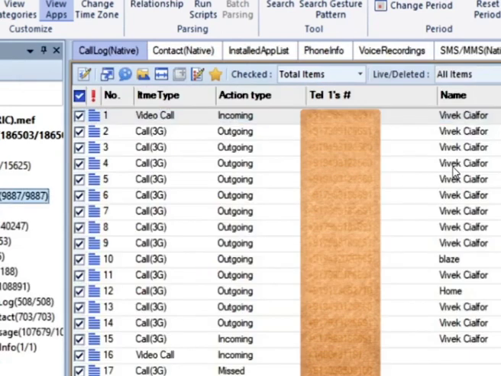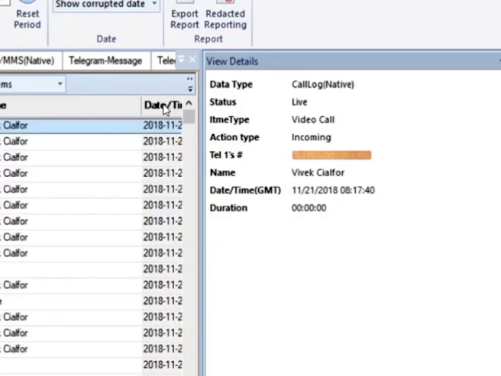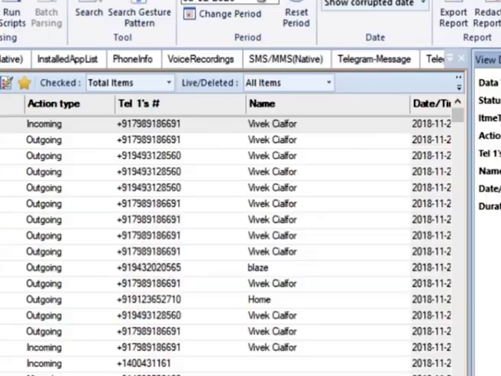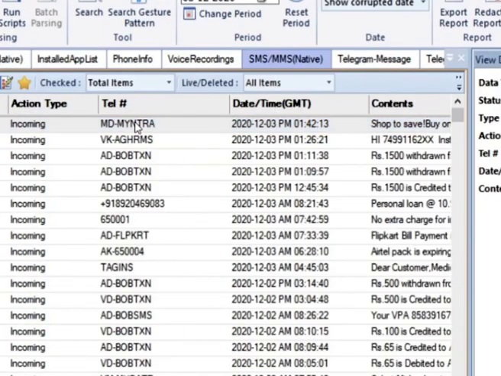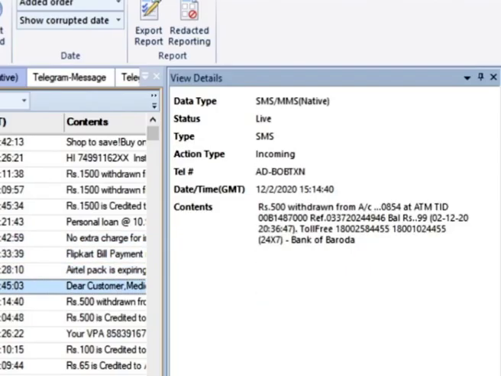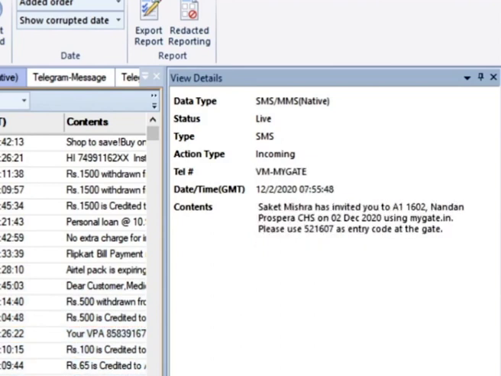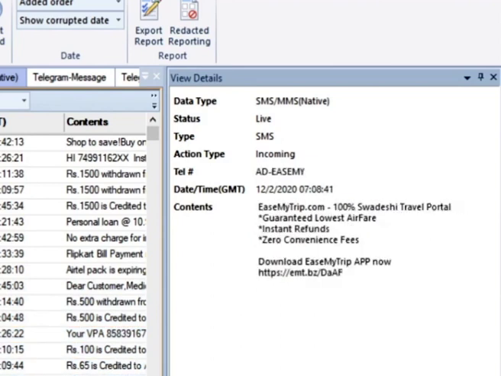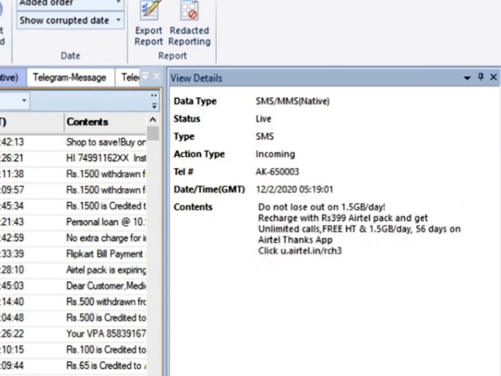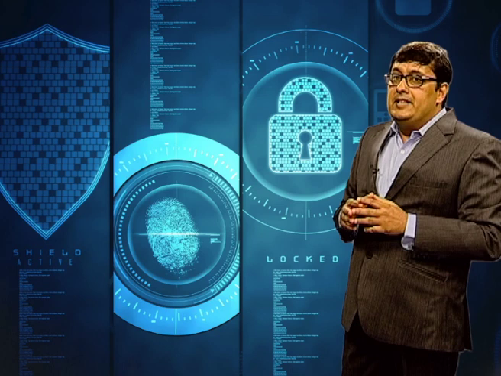We will also be able to see the call log, which includes incoming, outgoing and missed calls. The details visible are the caller ID, contact name if visible, date and time of the call operation. We can also see all the SMS stored in the mobile phone's internal memory. The details include the sender or receiver's ID, the date and time of sent or received messages along with the message content and other details. In this way, this application has displayed all the information it was able to gather from the evidence.